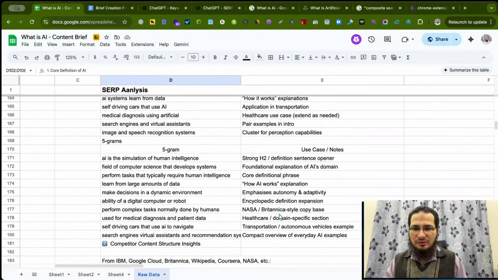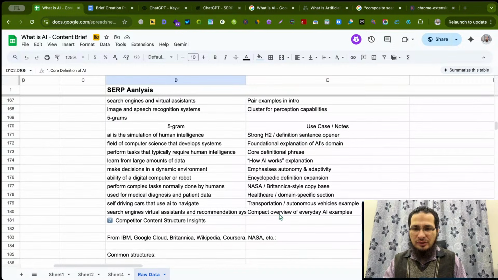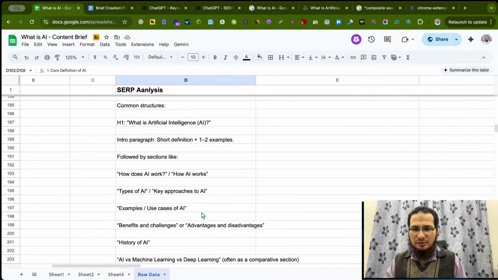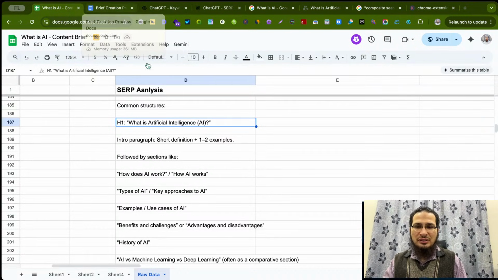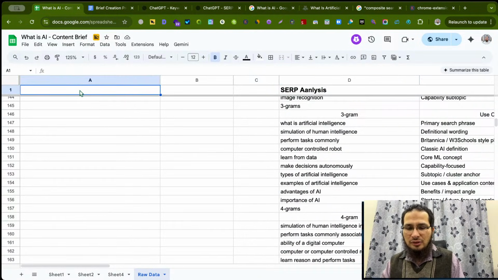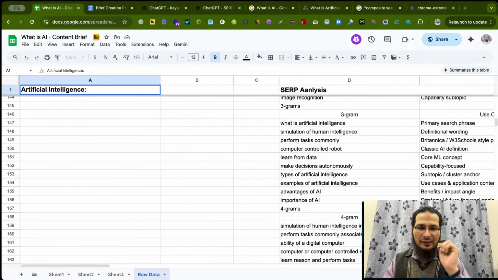2 grams, 3 grams. In 5 grams, AI is a simulation of human intelligence. We will have learned how no common structures. What is artificial intelligence? Our title of the page will not be the same like this, because while making topical map we must have covered artificial intelligence, main entity, and then its attributes, definition,